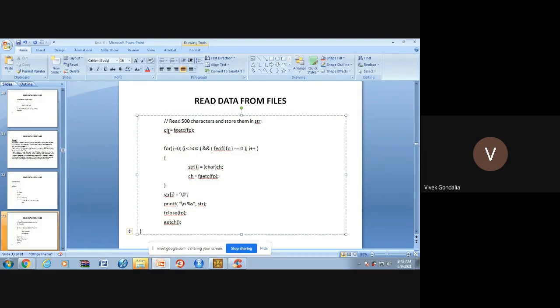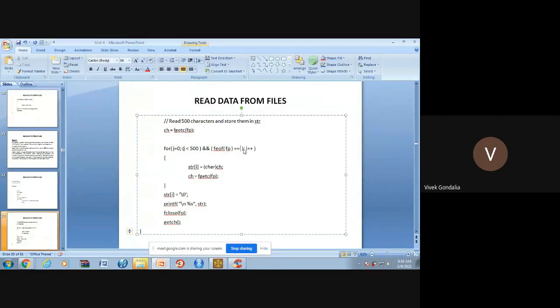Now I will tell you the condition, this EOF, and what feof means. Suppose in my file 500 characters are there and I want to read 500 characters, then I can give this loop. Clear? In the loop there are two conditions.